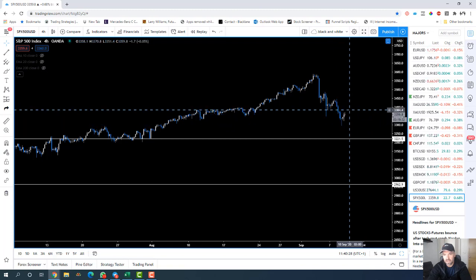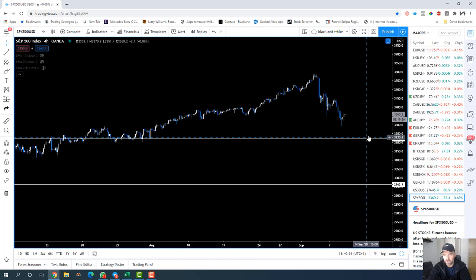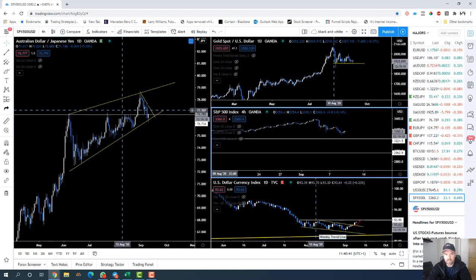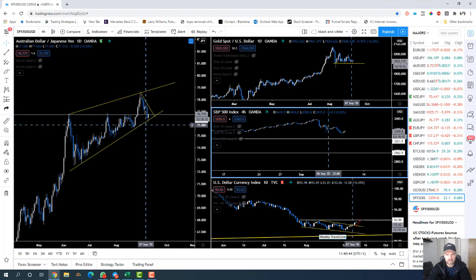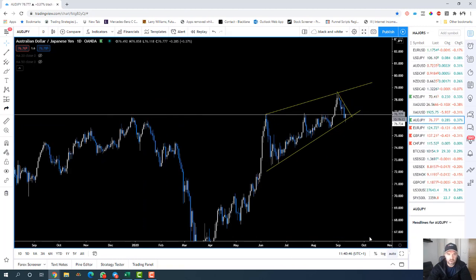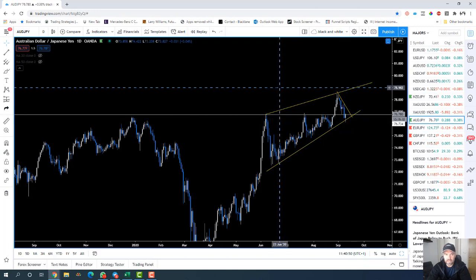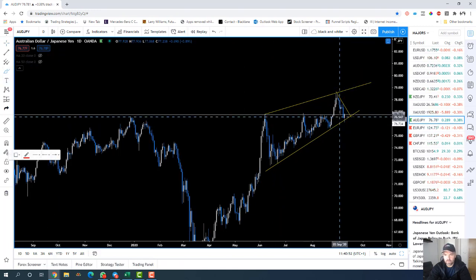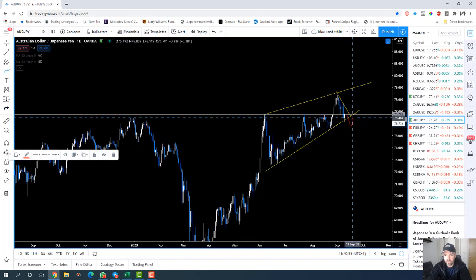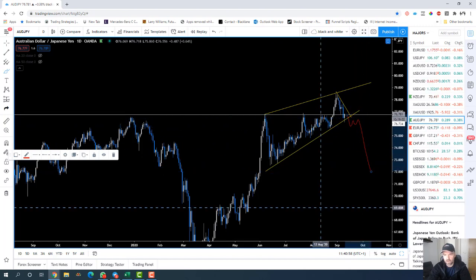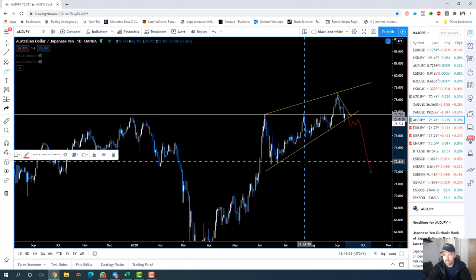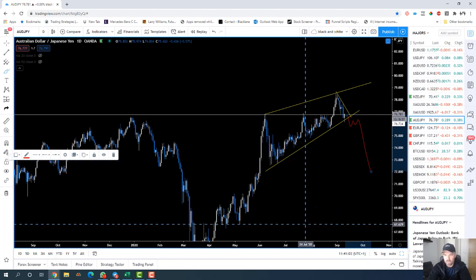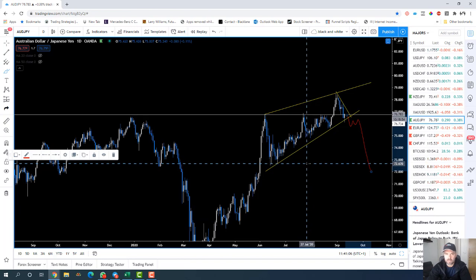Now, if we look at it on a smaller time frame, you can see the cyclical pattern is still intact, where potentially we'll test this swing low area here, and then push back down towards that 32.50, maybe a little bit lower. So if we continue to see the risk off sentiment, the risk off vibe, then this rising wedge forming on Aussie yen, we would potentially expect to see break. I'll be looking for the market to push down, then look for some sort of correction pattern, and then look to trade it short into at least the 73 even handle, and maybe even lower depending how the risk vibe continues.